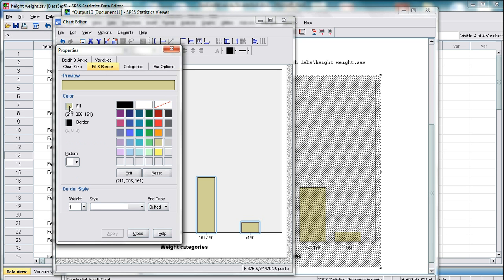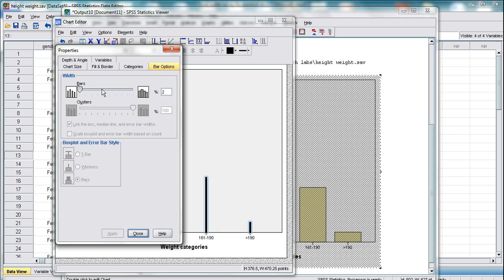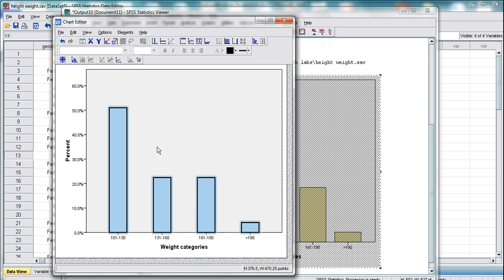So I might also want to change the color. Maybe I don't like that ugly beige. Is that beige? I have no idea what color that is. So now I'll change it to a nice sky blue, and I can also increase the weight of the line, that border. I can click apply. Oops, but guess what? Look at what it did. I need to go back to bar options now to readjust it. It totally collapsed the bar. So I've changed it back, and I'm clicking apply. So that's okay. So I've played around with it, and that is my bar chart that shows the distribution of